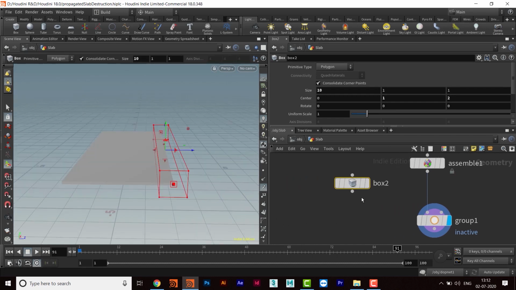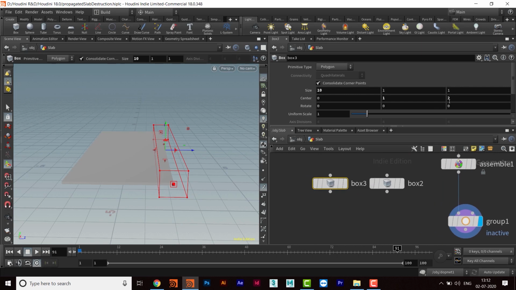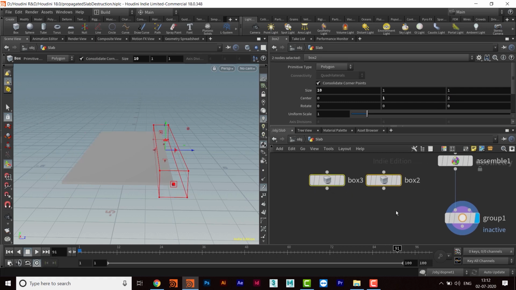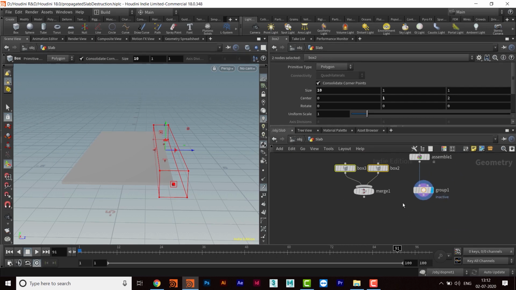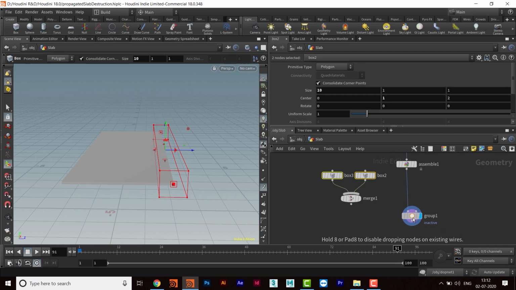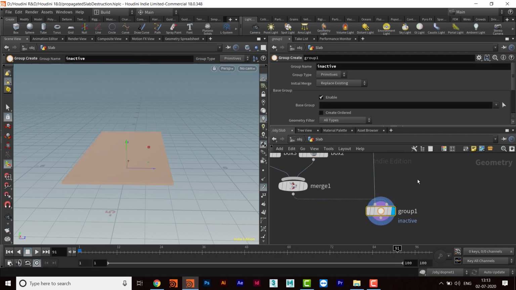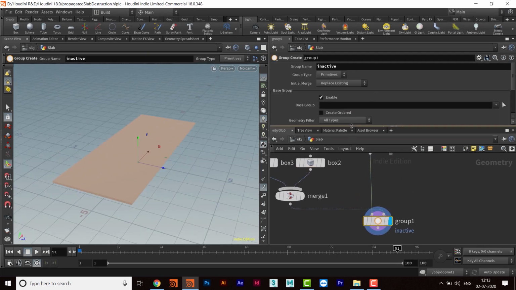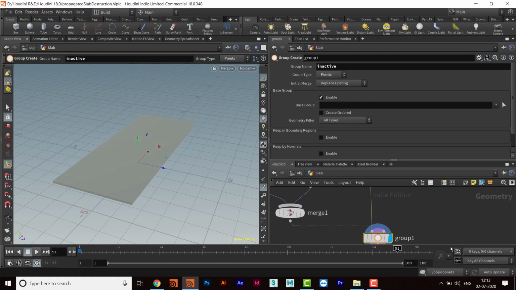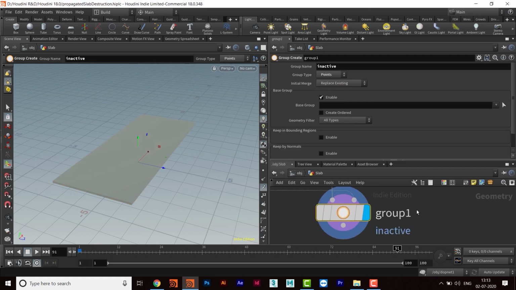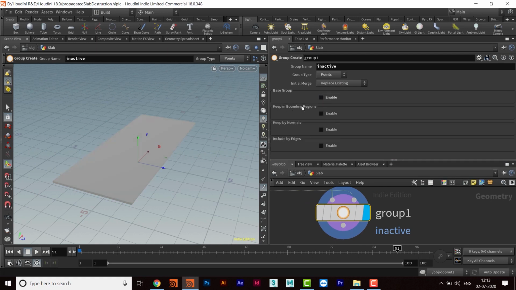Okay, and then I will take another box by pressing Alt and dragging it, and then I'll set this to -2. Okay, and then select both of them, press Alt and drag it, and that will create a merge, and then we'll connect this to the second input of the group, and then we'll come here, take it to points because this group does not take primitives, and then we don't need this base group, but we need it to keep in bounding region.